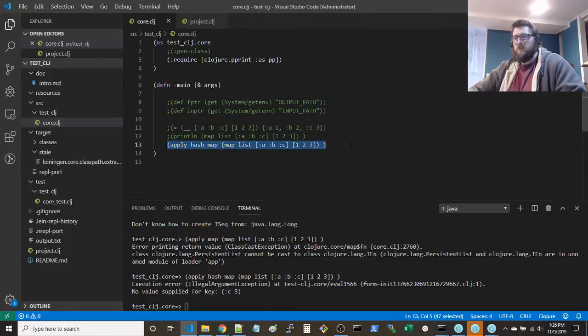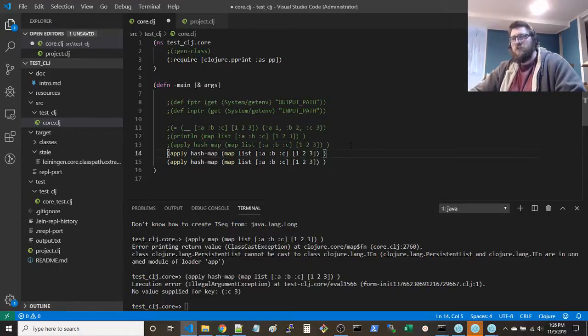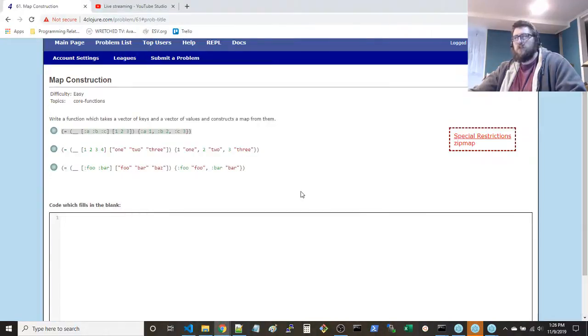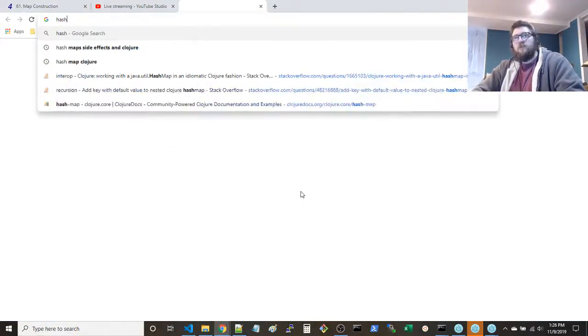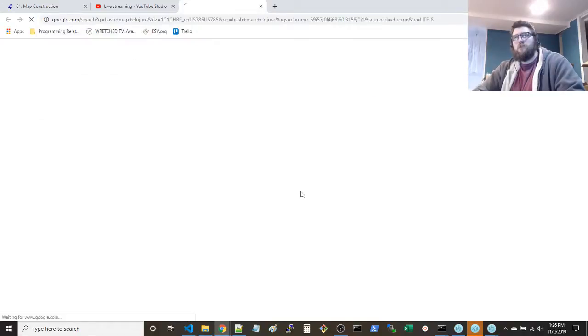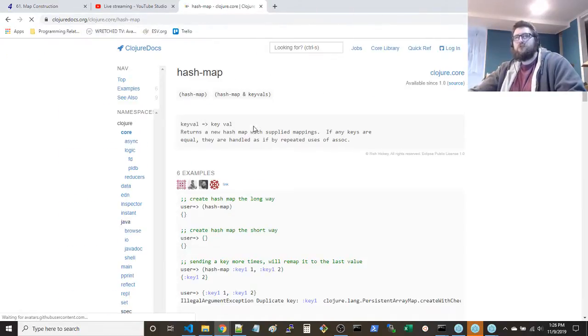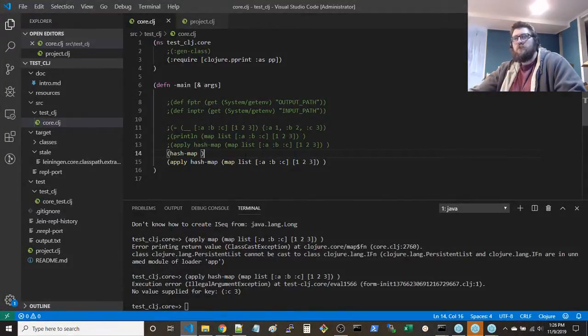What we can do is say, let's try just regular old hash map, which I need to go see what the syntax is. Don't mind me. Oh, this is so much faster. Yeah, working from the REPL definitely makes a big difference. Key values, key val. Okay. So if you do, oh, I see. Oh, okay, that's interesting.